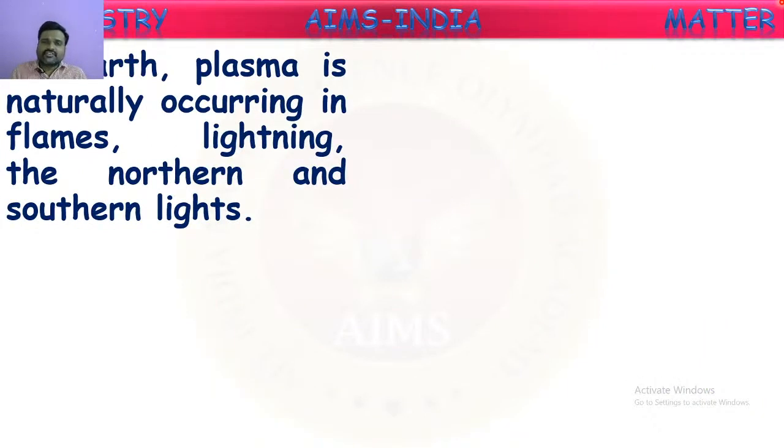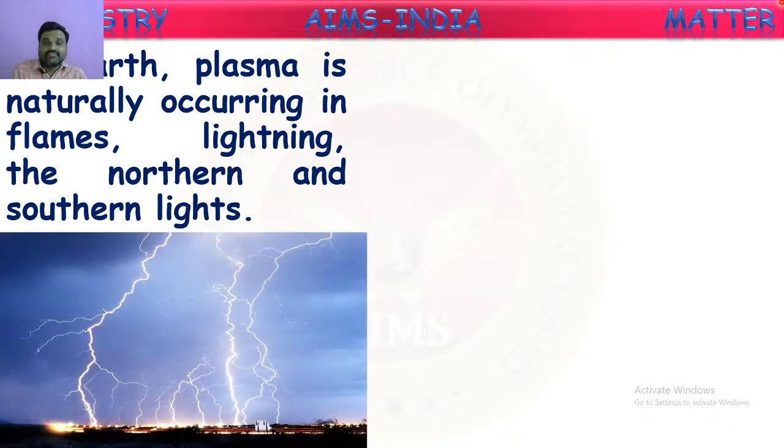On the earth, as we said, the sun and stars contain plasma. On the earth also, often we observe this plasma. Plasma is naturally occurring in flames and lightning. When thunder occurs, we observe lightning. This lightning is because of the high voltage electricity passing from clouds to earth. At this high voltage or high temperature, the gases in that place are ionized within fractions of seconds. Means the electrons present in those atoms of gases are emitted out. Those free electrons and ions coexist. That state we call plasma.